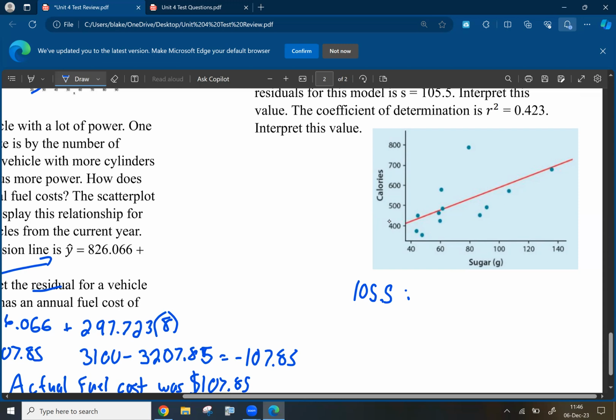Give me 1 second, trying to think back to it. The actual calories is typically about 105.5